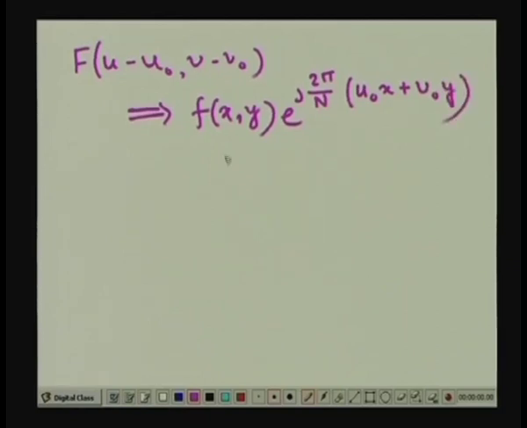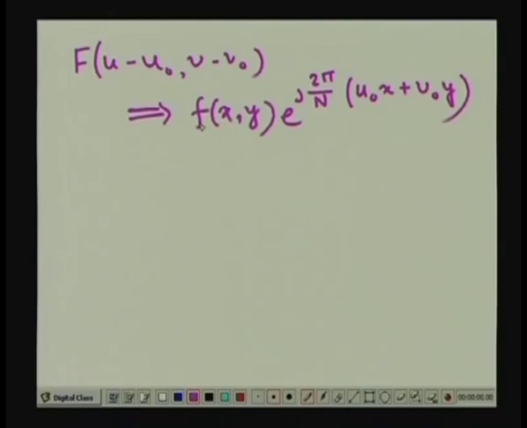So, this says that if f(x, y) is multiplied by this exponential term, then its Fourier transformation is going to be displaced by the vector (u naught, v naught). And this is the property which we will use later on to find out how the Fourier transformation coefficients can be better visualized. So, here in this case we get the forward Fourier transformation and the inverse Fourier transformation